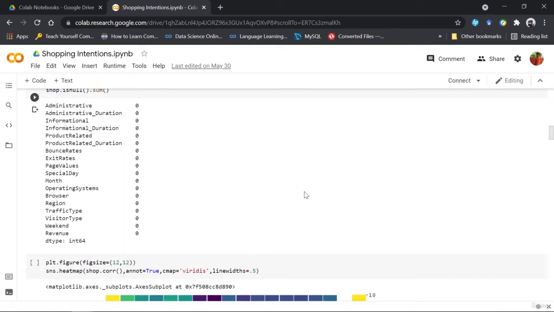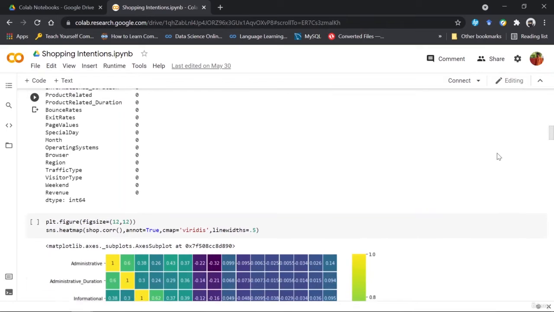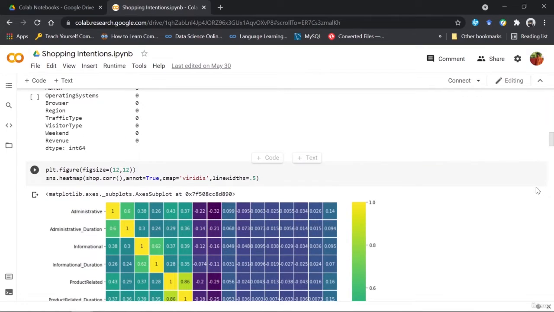From that itself, you can get a rough idea, not a generalized idea, but only a rough idea if the dataset is having outliers or not. Or you can use matplotlib or seaborn to build graphs for the columns you think have outliers. I haven't done that, assuming that there might not be any outliers.